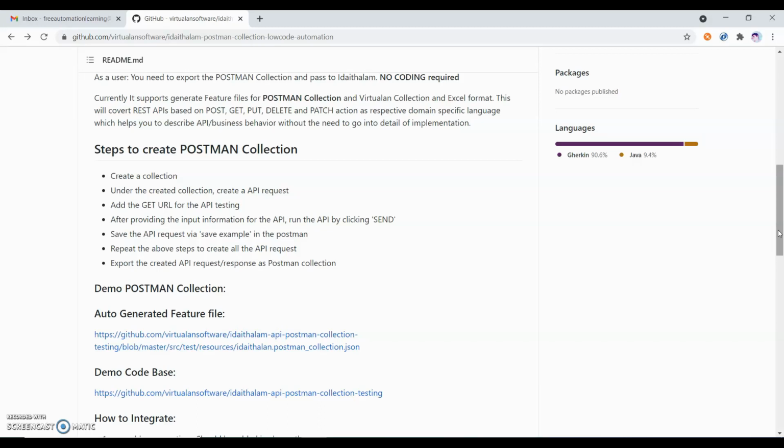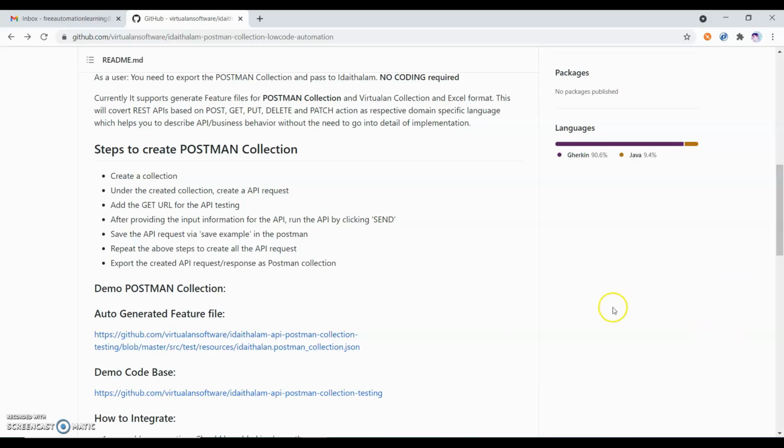But in this framework we do not need to do anything. As I showed you in the previous video, we just give some column names and values, what should be the expected and what should be the actual. We do not need to write much code for the assertion part. So in this video, let's see how we can run our Postman collection.